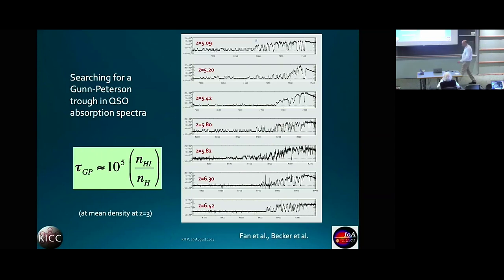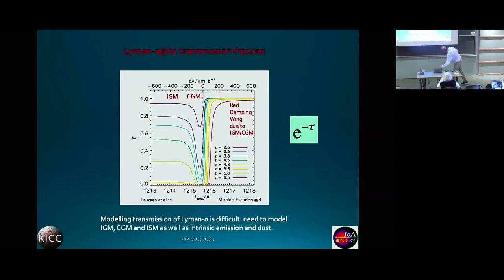quasars. So next I want to show this very nice compilation by Lawson, where he sort of shows how the transmissivity evolves at different redshifts as a function of the wavelengths relative to the rest frame wavelengths. So on the left-hand side, you see how the Lyman-alpha forest thickens just by becoming more neutral as you go to higher redshift. So this is the IGM, then a bit closer to the rest frame wavelengths, you will have the CGM, where the modeling is a bit more complicated.